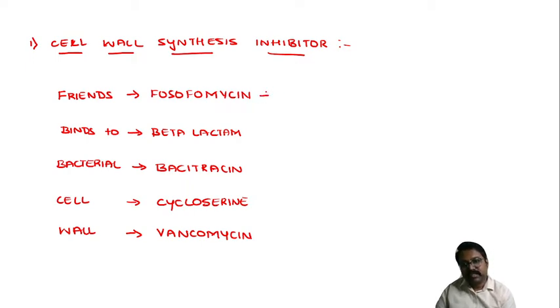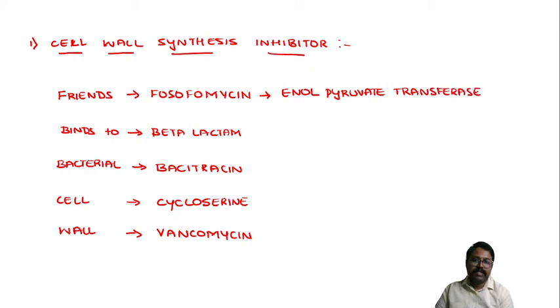So phosphomycin will inhibit the enol pyruvate transferase enzyme, whereas the beta lactams will inhibit the transpeptidase enzyme,